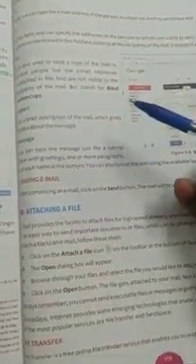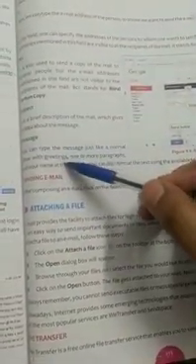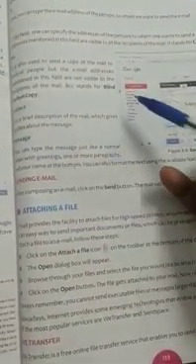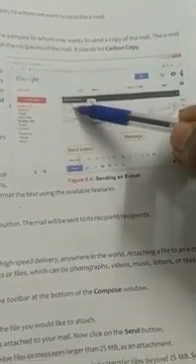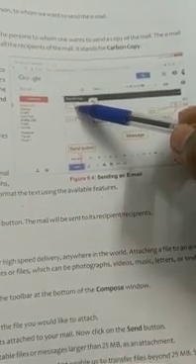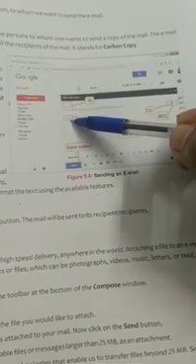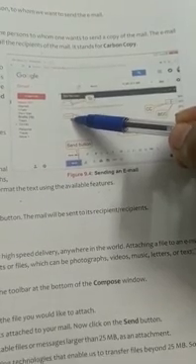So message, you can type the message just as you are writing a normal letter, starting with the greetings, and you can even add one or more paragraphs and your name at the bottom so that the receiver can identify you easily. This is the TO field in which you mention the email address of the person to whom you are sending the email. Subject, you need to write the subject of your message.